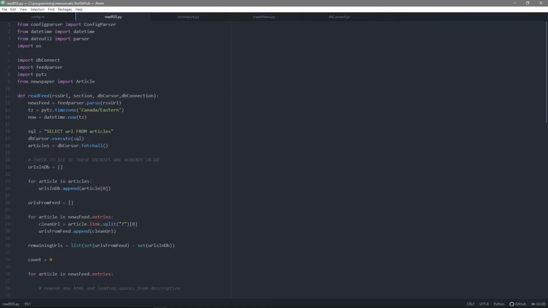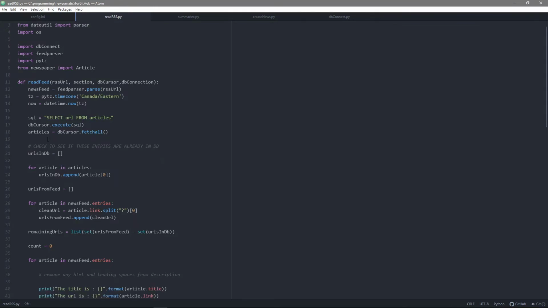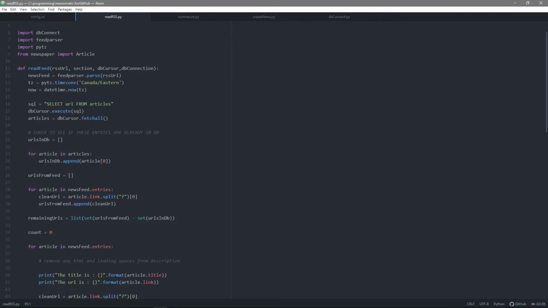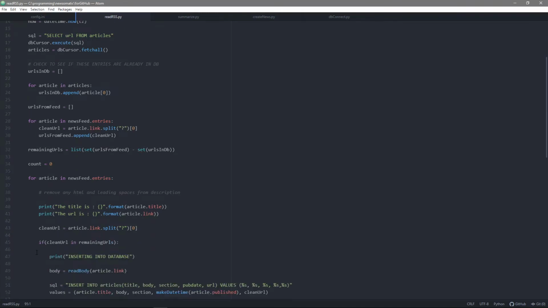So one of the things it does in this first part of this function is try to determine whether the articles you're reading from the RSS feed are already within your database. There's a couple of pieces of code here that essentially try to determine that. And I do it by looking for the URL. I've done a few lines of code here that clean up some of those URL things. So for example, you could have a URL with some characters at the end of it after a question mark. And so it cleans up some of that before it does the URL comparison. And so essentially it determines which ones are not in the database already, and it takes the ones that are not and then inserts them into the